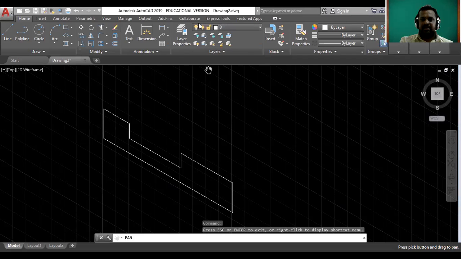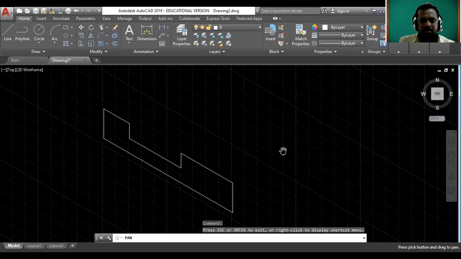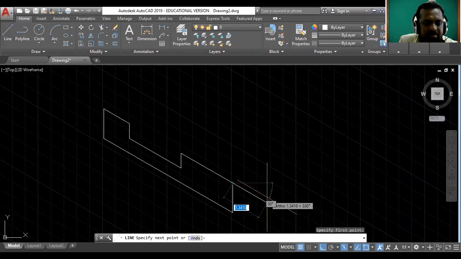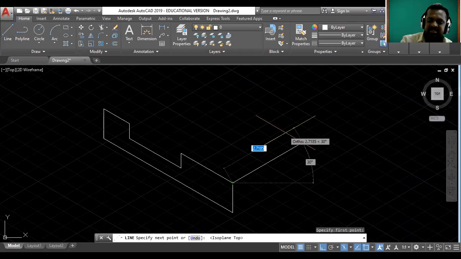Now we can draw this portion. In this side, we have to draw this line and this line, and the length of this line is 3 mm. So again, take the line from this point. Then how to change the plane? Again, it is not taking the plane. Yes, F5 key. Again, it is moving in this side and this side. Just press the F5, and in this side, the dimension is 3 mm.